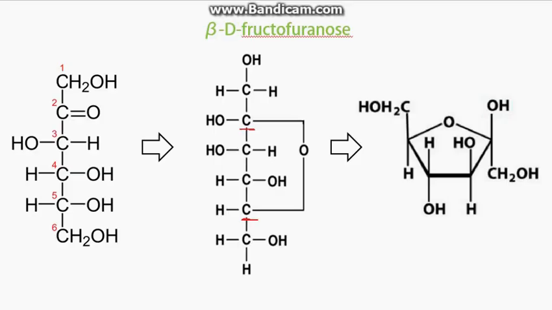So here you see the structure of fructofuranose. Now you know why we call them alpha and beta? That depends upon the position of the OH on the anomeric carbon, whether it is above or below the plane. Now here again you will observe that this carbon is the anomeric carbon because it is connected to one oxygen here and one oxygen over here. So that is how you can identify the various anomeric carbons which are present in simple sugars.